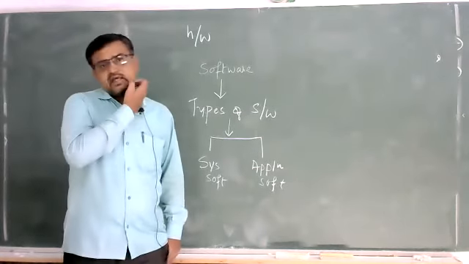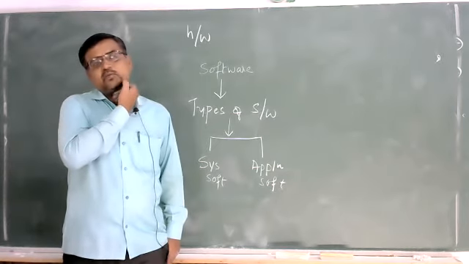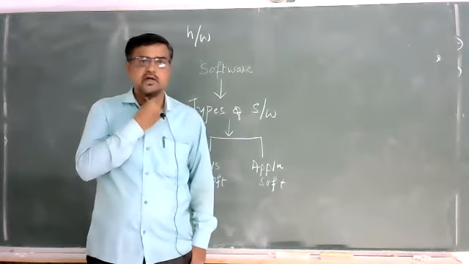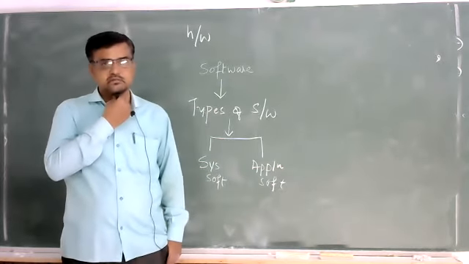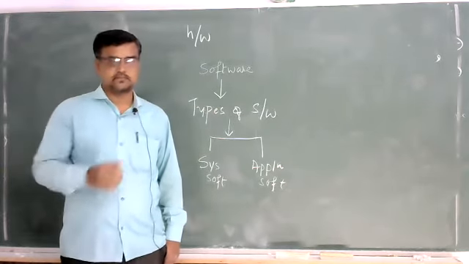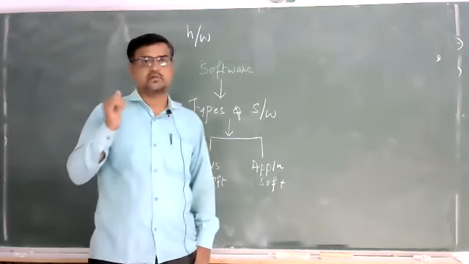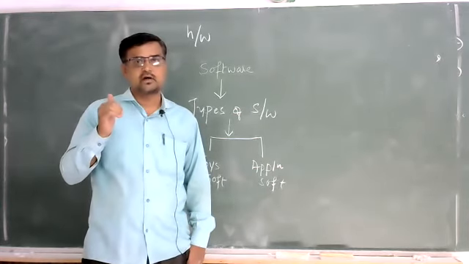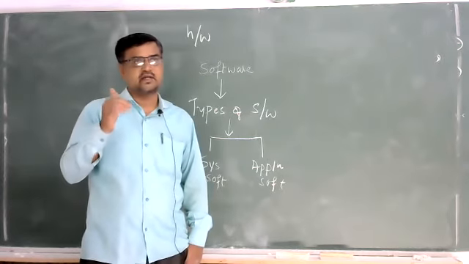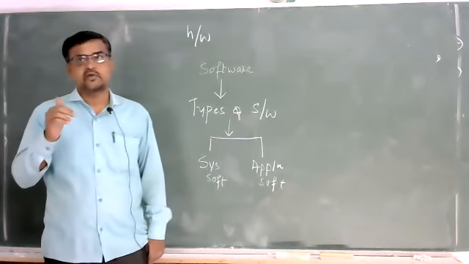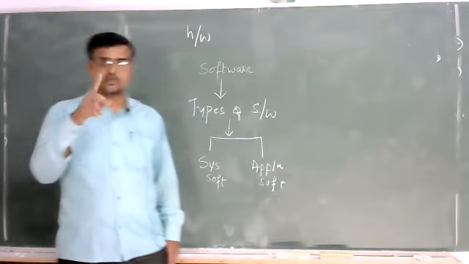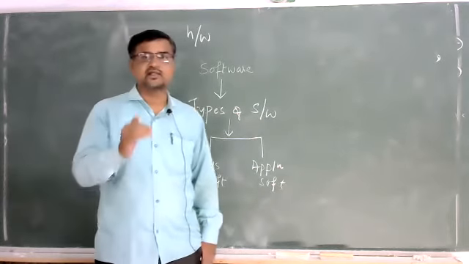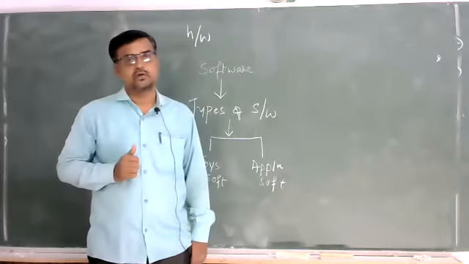So similarly, when we start a computer, some of you might have already worked with a computer. Until and unless you have an operating system, you cannot go forward. You cannot start with the system. Okay, so what are you seeing on the screen? When you switch on a system, you see a desktop, correct? Which means that your operating system, Windows, is on and it is ready to interact with you.